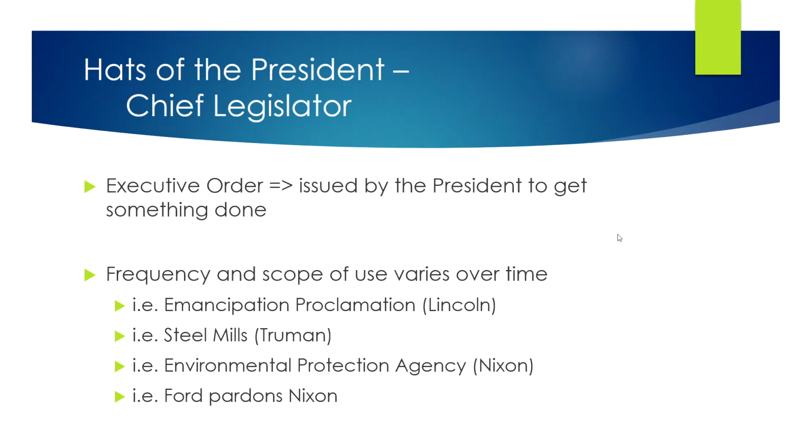The Emancipation Proclamation, the document that, at least on paper, freed slaves and ended slavery in the United States, was an executive order issued by President Lincoln. During World War II, President Truman seized all the steel mills in the country. Right, there were rumors that the factory workers were going to go on strike for better conditions, better pay, things like that, and steel was extremely important to our war effort. And so Truman said, yeah, that's not going to happen.